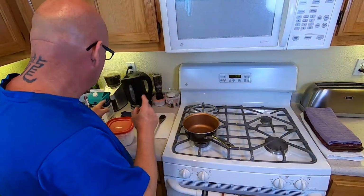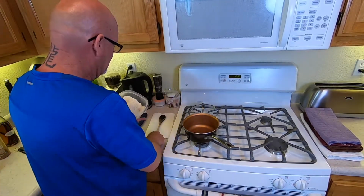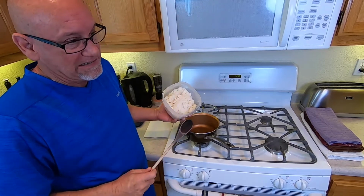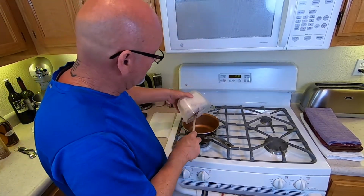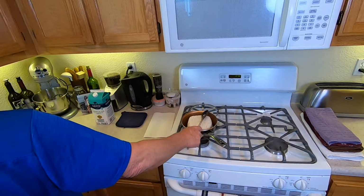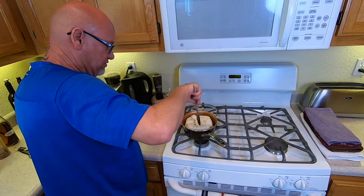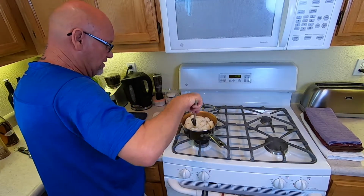Okay, so first thing first, of course, you want to put your rice, and this is out of the refrigerator. I made this rice last night, and today, this morning, I'm gonna make rice pudding. So first thing you do, put your rice in your pan, right? Rice in your pan. You don't have to break it up like this. I generally do, but you can, all right? The next thing you wanna do